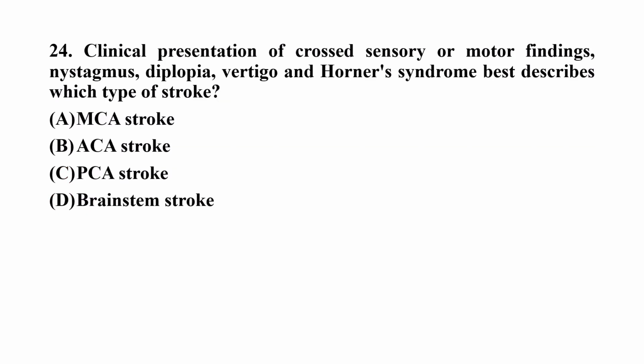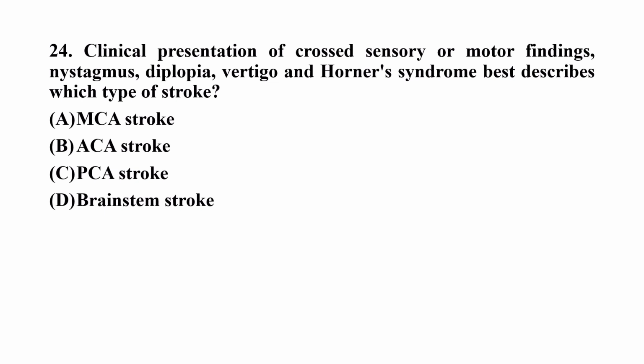Now 24th, clinical presentation of crossed sensory or motor findings, nystagmus, diplopia, vertigo and Horner syndrome best describes which type of stroke? Option A, MCA stroke. Option B, ACA stroke. Option C, PCA stroke. Option D, brainstem stroke. Here let me first tell you, MCA means middle cerebral artery stroke,